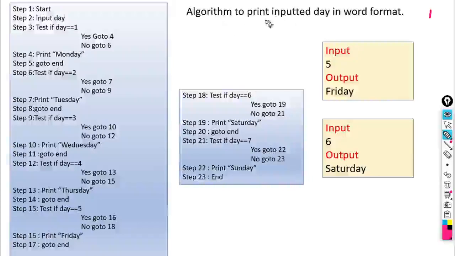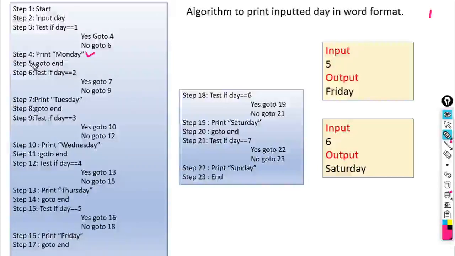Okay, so how can we write the algorithm for this? How many possibilities are there? 7, because 7 days are present in a single week. So we have to check all these 7 days. Here first, test if day is equal to 1, meaning if the user enters value 1, it will print Monday.